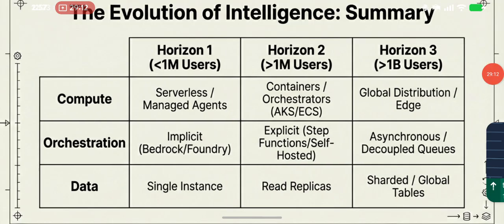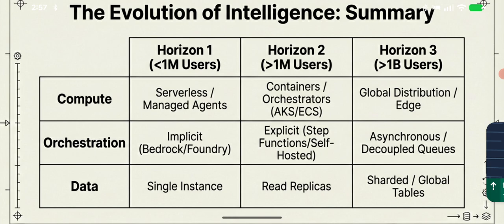Right, so let's understand and do a summary. For less than 1 million users, compute is serverless, managed agents, and the orchestration is implicit. So Bedrock and AI Foundry are capable of taking care of a single data instance. We are able to handle it. So less than 1 million users means 20 times of that size of population. You are able to